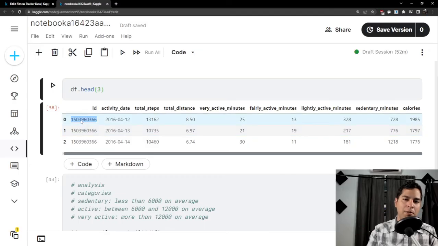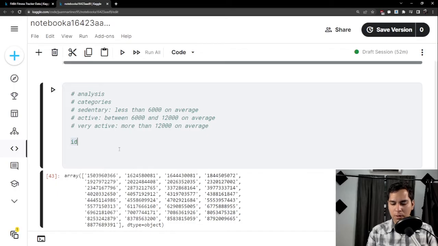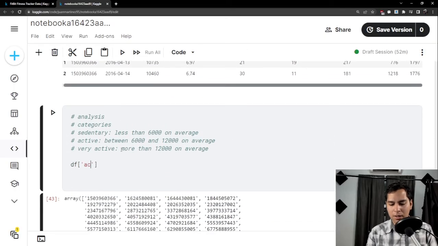We have entries for each ID multiple times, because for example, if I want to know for how many days the data spans here,